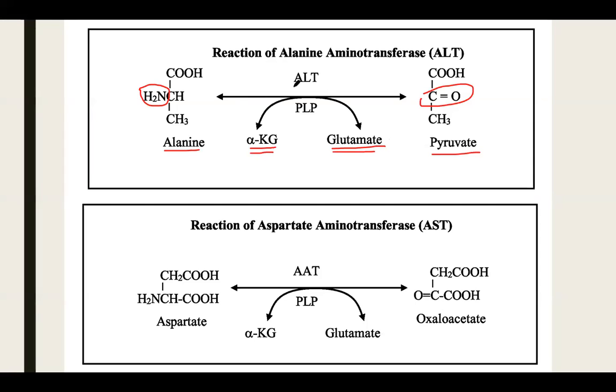This enzyme is called alanine transaminase or aminotransferase. The abbreviation is ALT. Alanine, this is the amino acid, AL. Transaminase, we get capital T. Trans means transfer or translocation of the amino group. The second is AST. AS means aspartic acid. And we have the amino group. We remove the amino group, replace it by a ketone, and we get oxaloacetic acid. Where does the amino group go? The amino group is accepted by alpha ketoglutaric to synthesize glutamic, and this enzyme is called